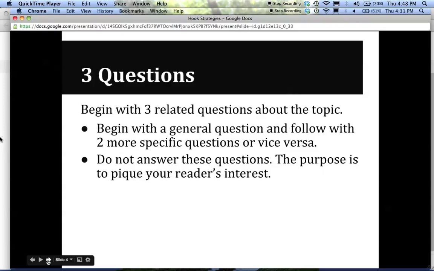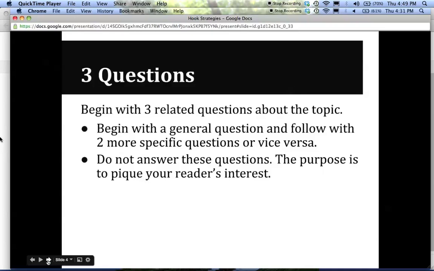And a lot of times by the time you get to the end of your essay, in your conclusion, you might be able to answer some of the questions or resolve some of the questions that haven't really been explained in your essay, but don't worry about that in the introduction. Three strong questions. Make sure you use varied wording and vocabulary, and as much as you can, if you can